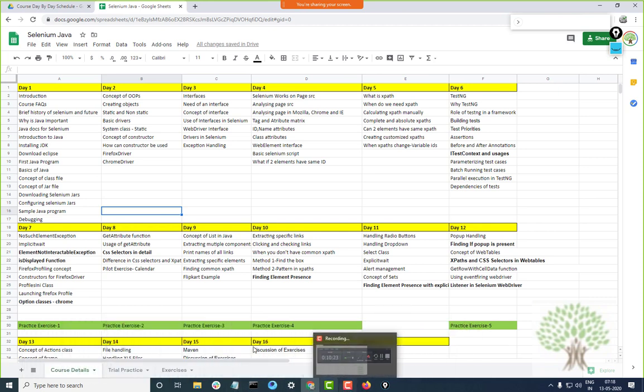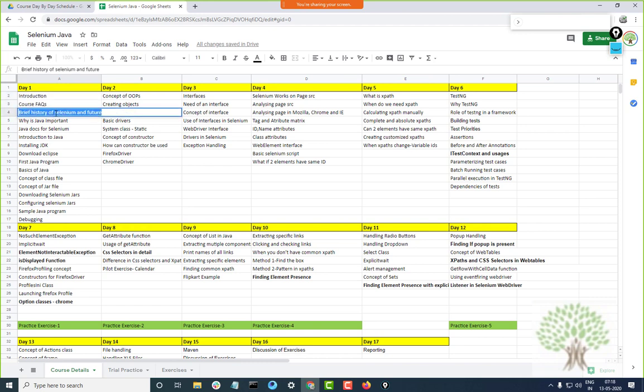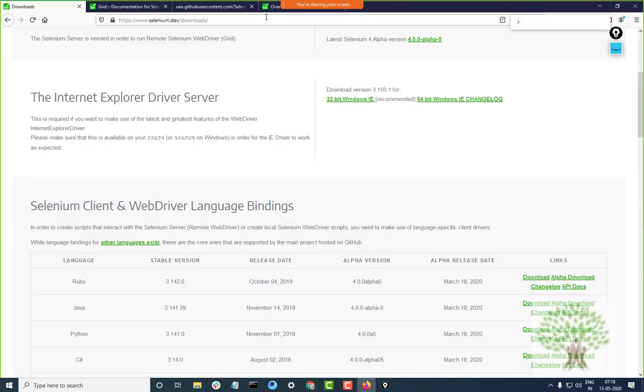Fine. The first thing is I gave you a brief introduction, something about the course, history of Selenium. Why is Java important? Because we are learning Selenium with Java. It's the backbone. Without this, you cannot do that. Okay, and the first thing is installing JDK. Look, this is again a thing where people get stuck up.